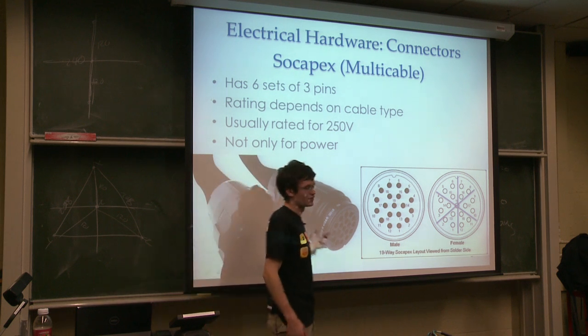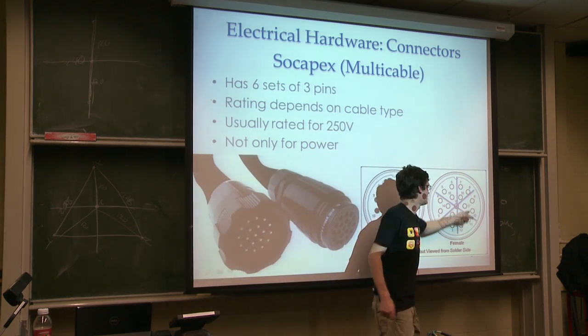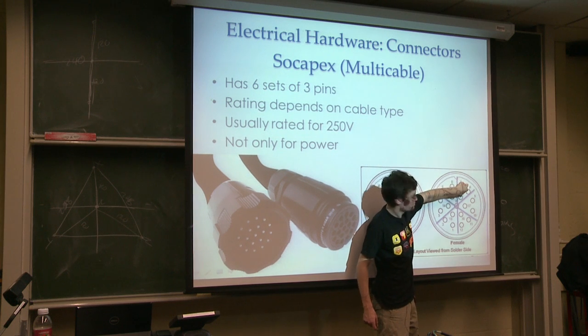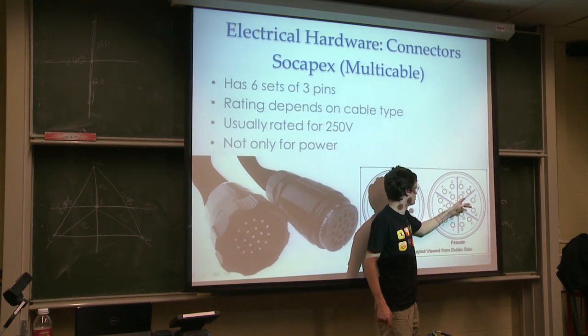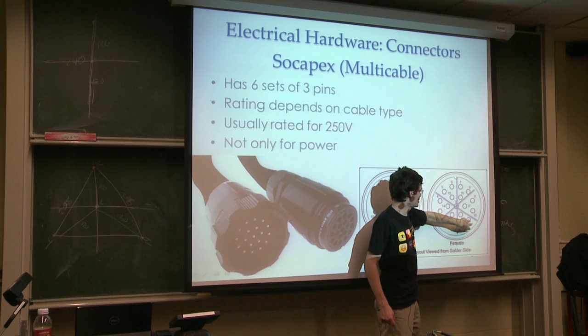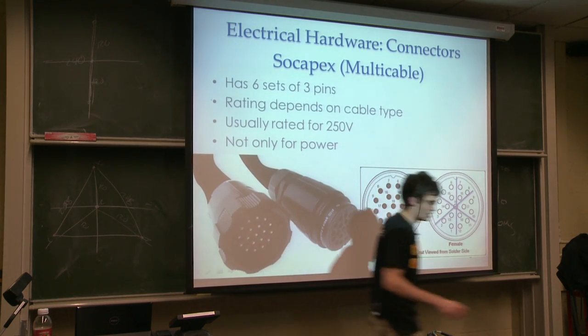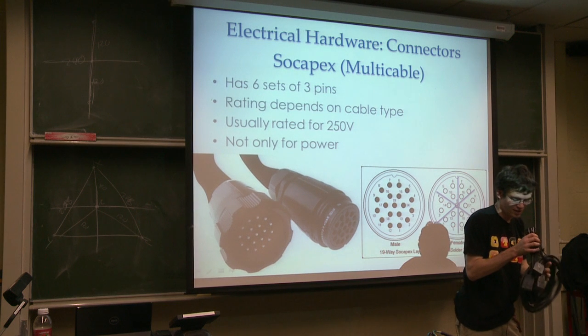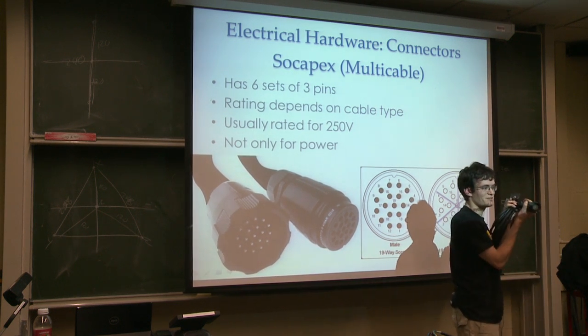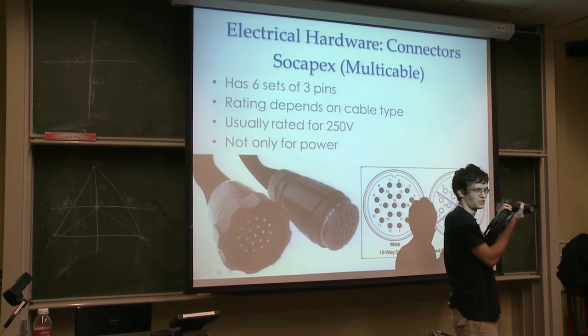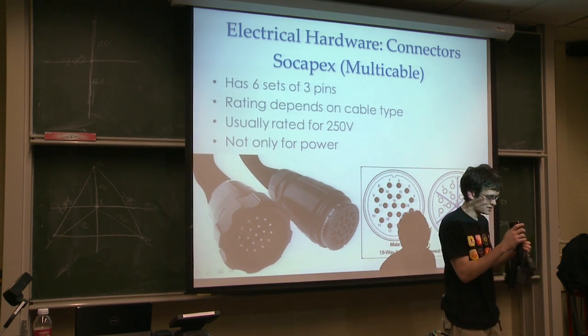But if you're using this for lighting, I divided up the connector to show you that these 3 pins are 1 circuit. You got hot, neutral, the grounds are all in the middle. A 2nd circuit, and you get 6 of them kind of like a pizza around the connector. And I brought a Socapex male with me, and you can see that it is also divided up the same way, and it has labels for line, neutral, and ground. So if you want to take a closer look at this,